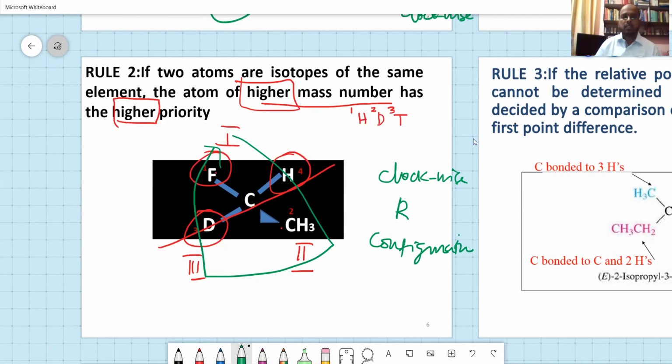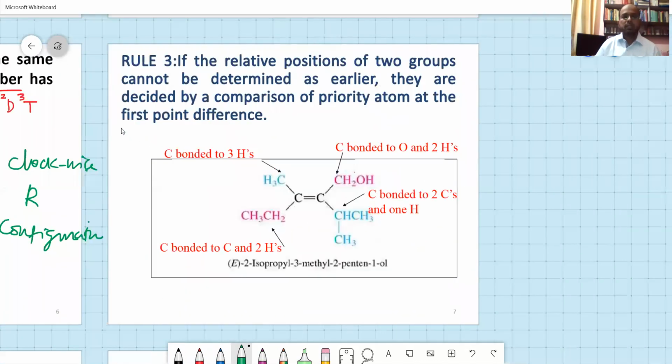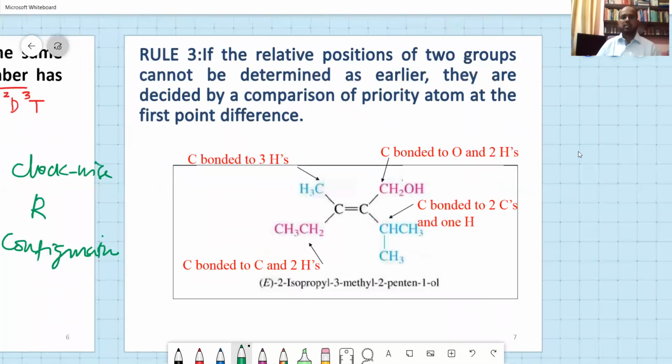Okay. Next, coming to rule 3. If the relative positions of the two groups cannot be determined as early as they are decided by comparison of the atom at the first point of difference, then you have to go for the next atom. For example, I'll circle the similar atoms there. This is a similar atom. This is also a similar atom. This is also a similar atom. And this is also a similar atom. That means all 4